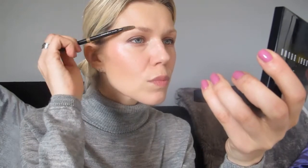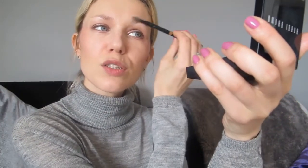So this is all. Now we're gonna go for the brows. Okay, the first thing, we brush them. I always brush upwards. There are techniques that tell you to brush downwards and then fill it in, but I use a different technique because I don't really fill in my eyebrows. I just brush them and then I use